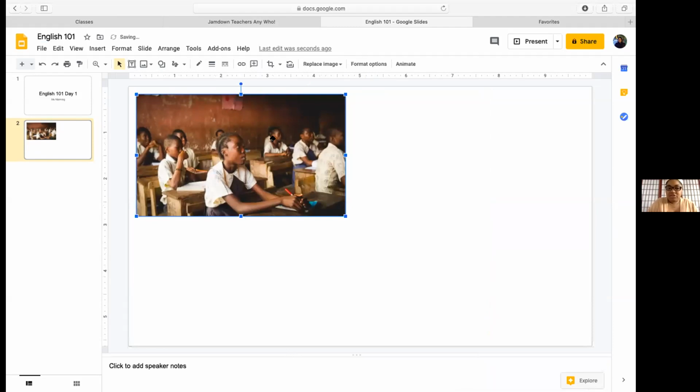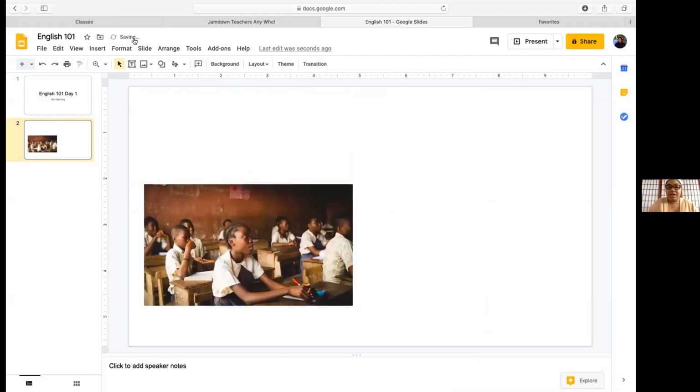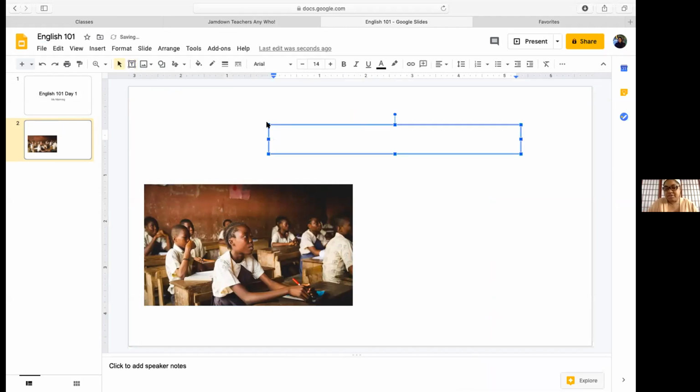So let's say I chose this one and I added a picture to my slide. Now I want to add text. So I'm going to just add the text box. All I did was click on the text box. It gives me a plus sign. Now I just lay the plus sign down by clicking on the screen. And now I can give it a title. Introduce